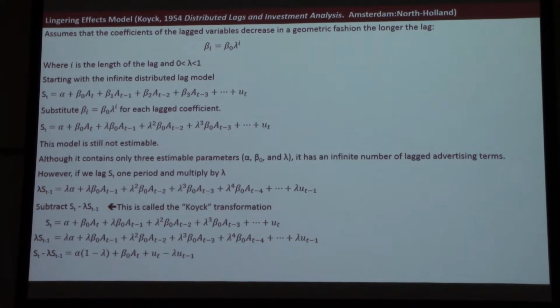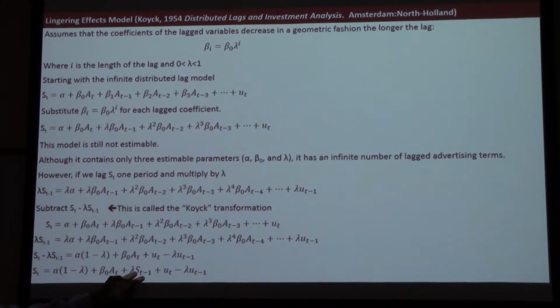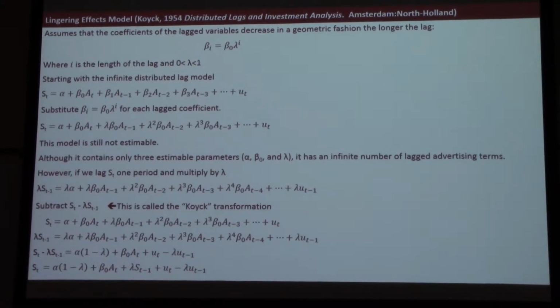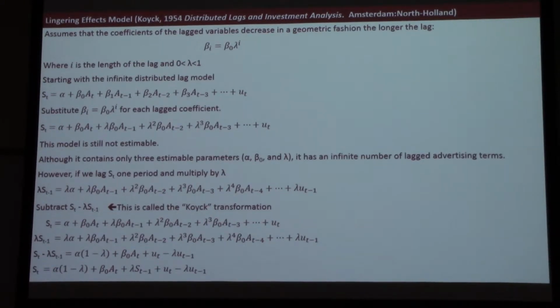Yeah, it's the error term and a 1 period lag of the error term. So we got this on the right side, so move that over. And we end up with this. So we moved lagged sales over onto this side. And we've got this error term u_t minus lambda u_t minus 1,